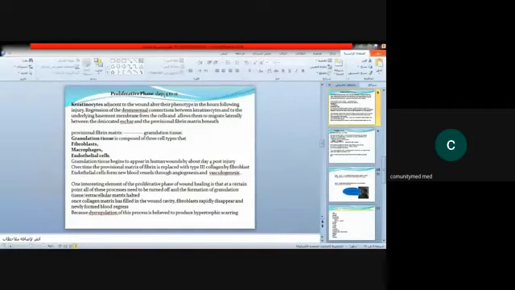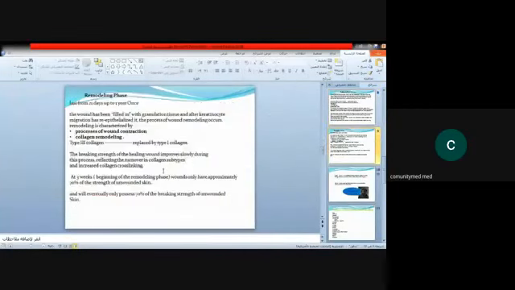After the proliferative phase, we have the final phase, which is the remodeling phase. As we said, our wound is now full with the granulation tissue, but the normal skin does not have granulation tissue. So we need to change the granulation tissue into what the normal dermis has. And that occurs in the remodeling phase. First of all, we should understand that the remodeling phase is a very, very long procedure that starts after 3 weeks from wounding and continues for a long time, up to 1 to 2 years of healing.